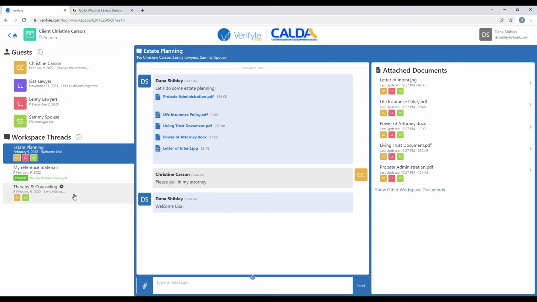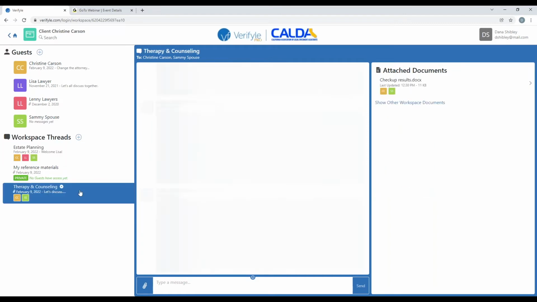In your world, I would imagine that getting signatures is a pretty important thing. Okay, so let's go ahead and move forward here. And I'm going to click on therapy and counseling. Okay, this workspace thread. And let's say that I want to get a signature from Christine Carson and Sammy's spouse on a particular document. All right, so how do I do that? And again, you get unlimited electronic signatures inside of Verifyle. So all I need to do is